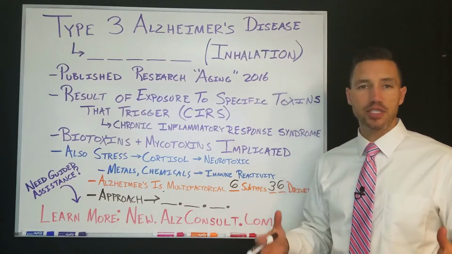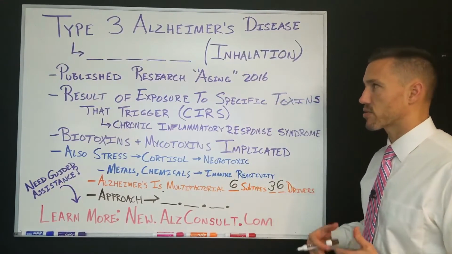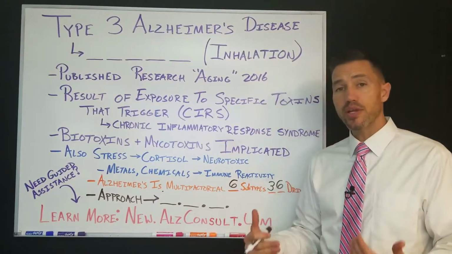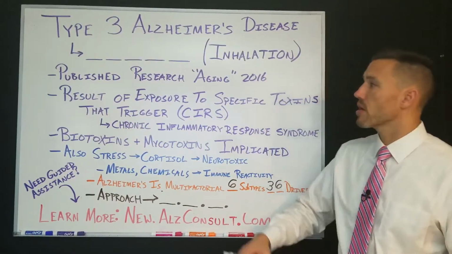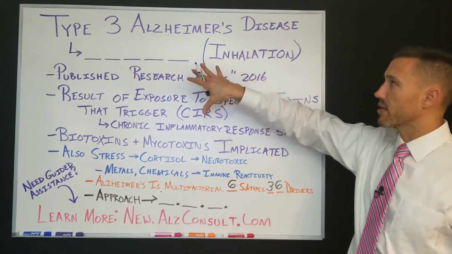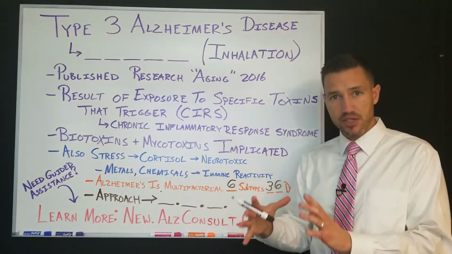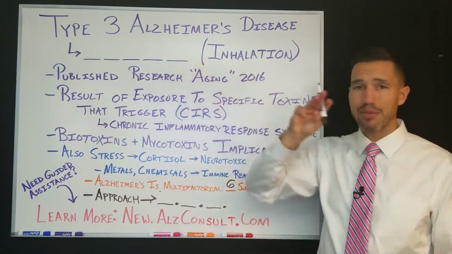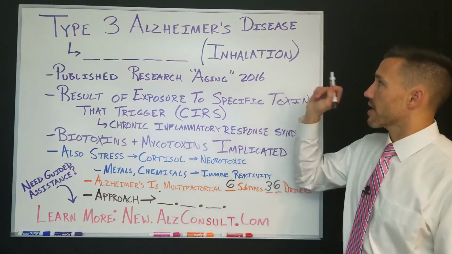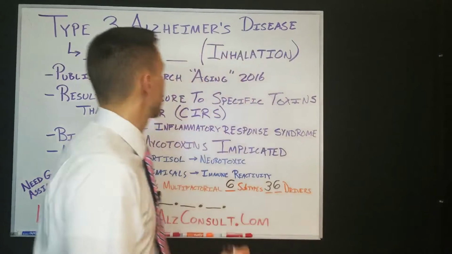It's maybe 5 or 10 years old, but within the last 5 years, we've had some good peer-reviewed research published on actually slowing, halting, and reversing Alzheimer's. There's research that we're going to talk about here because we're going to talk about a particular subtype of Alzheimer's. There are 6 subtypes that have been identified, as I said. We're going to talk about type 3 right now. Now, type 3 Alzheimer's disease is